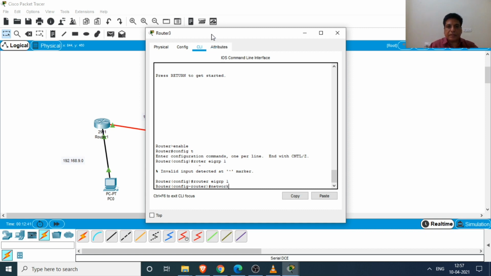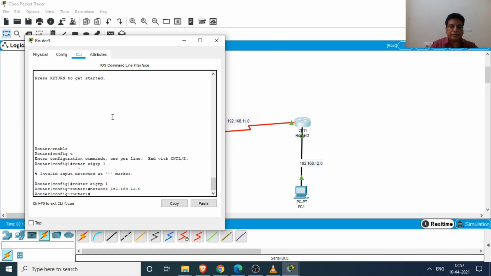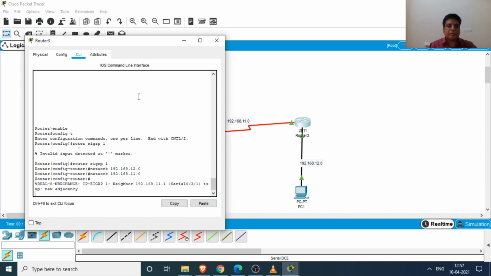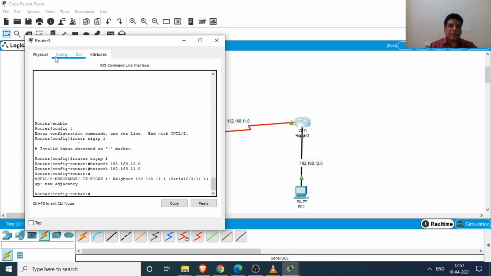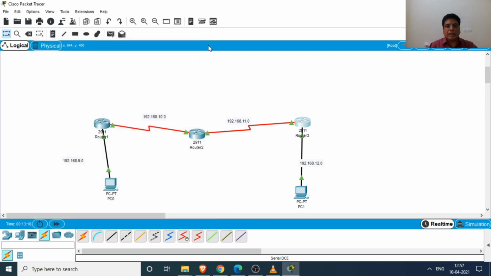The neighbor networks for router 3 are 11.0 and 12.0. So we give the network address 192.168.12.0 network. The second address is 11.0. Then we go in the config mode. Then we press the save button. This is how we configure the EIGRP protocol in this network.